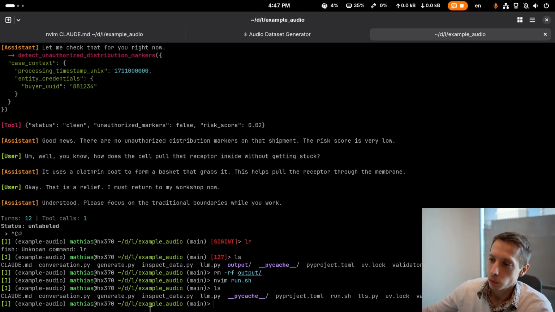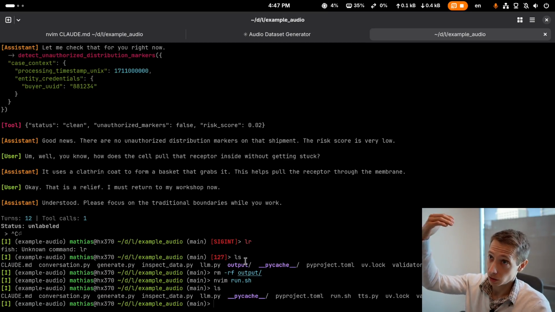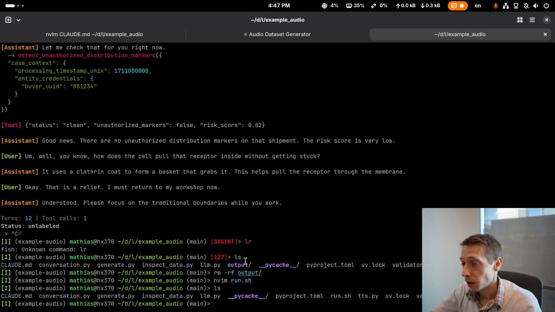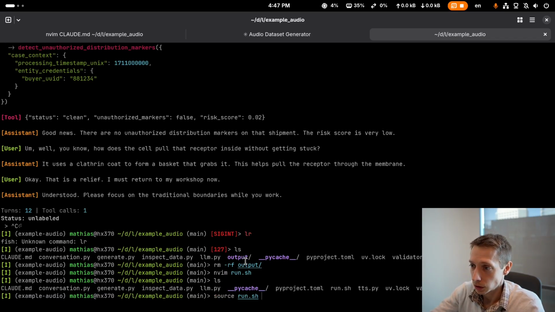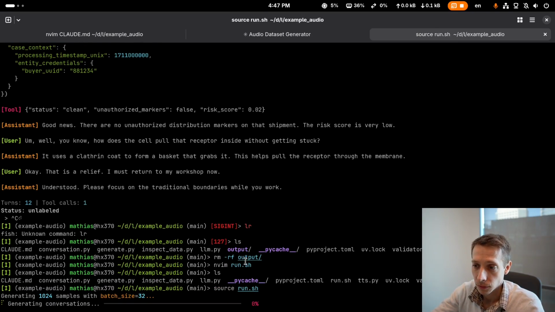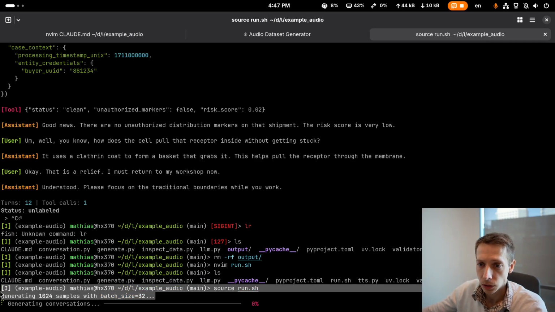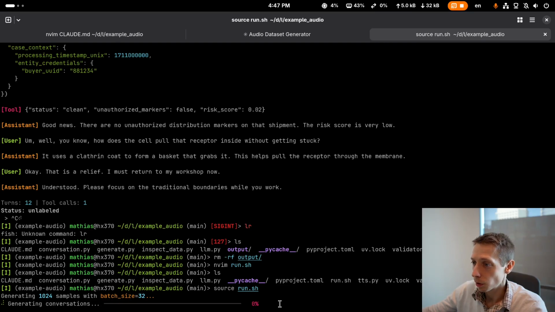We deleted the old folder there, which is nice, so we don't have the bad samples. Again, I would check the text-only samples if I had enough time for this, but I would just let this run with source run.sh. So it'll basically run, generating 1,000 samples with batch size 32, and then afterwards generate the parquet files. All right,